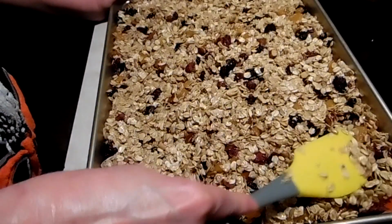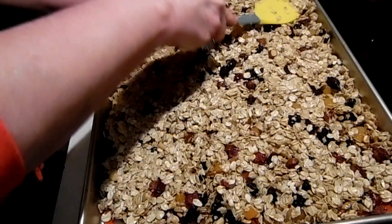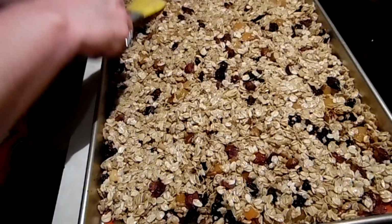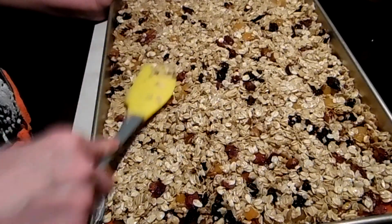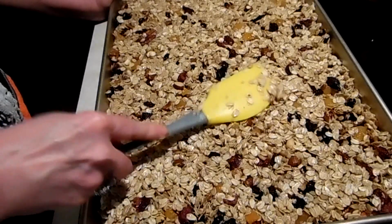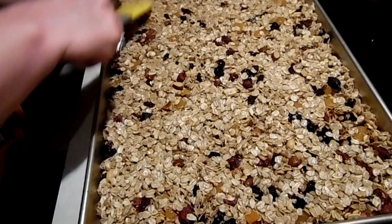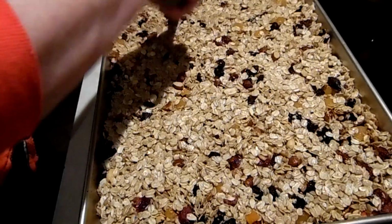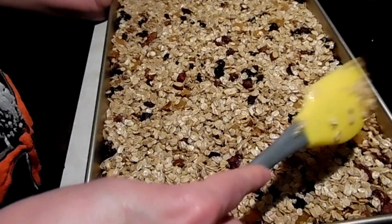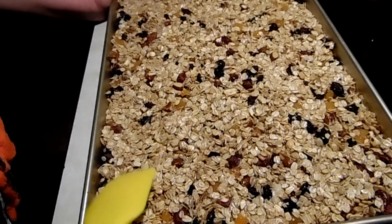So just spread it all the way around. I use the silicone because it just makes it so much easier to get this off the pan. And you could actually do this thinner if you want and use 2 trays. Here we go. Just pack it down, and if you don't have a silicone tray,